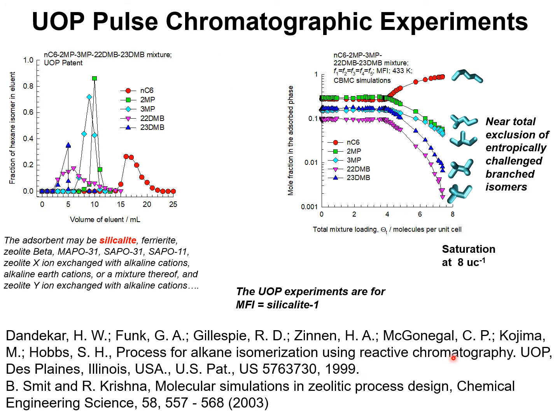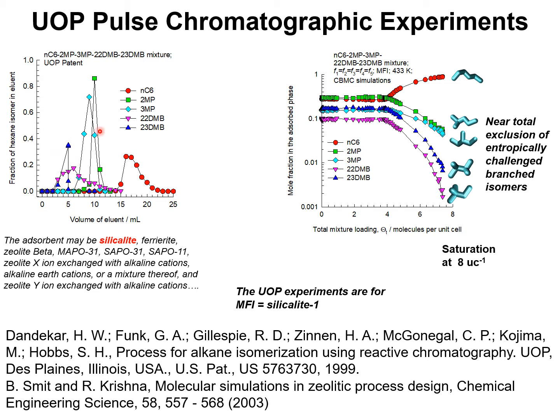In a patent awarded to Universal Oil Products located in Des Plaines, Illinois, a set of pulse chromatographic experiments are reported for separation of hexane isomers. The volume fraction of the hexane isomers in the eluted sample is plotted against the volume of the eluent, and the sequence of elution is